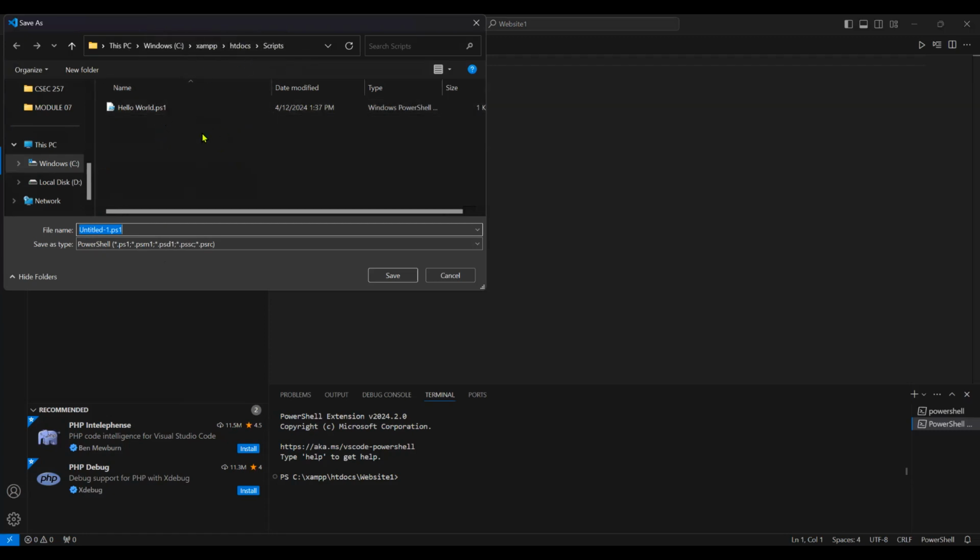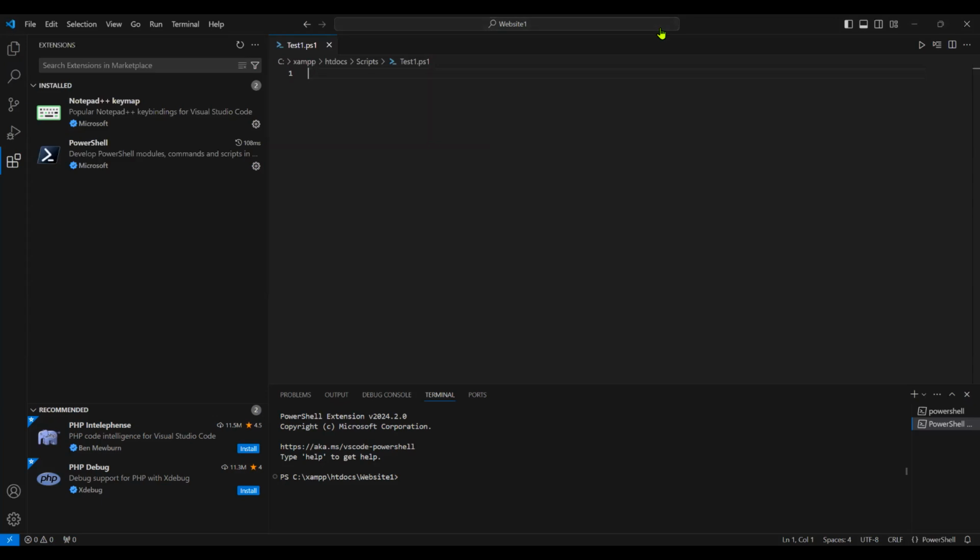So I just said, I'll create a scripts folder and stick it in there. So I'm going to call this test1 and save it. And what you want to do for the assignment is create a